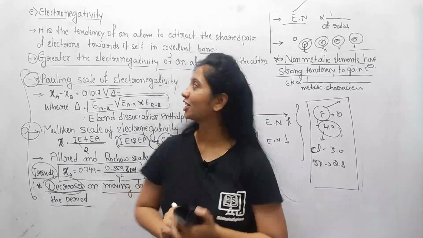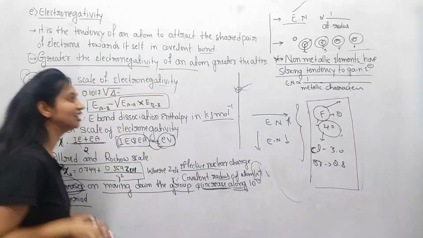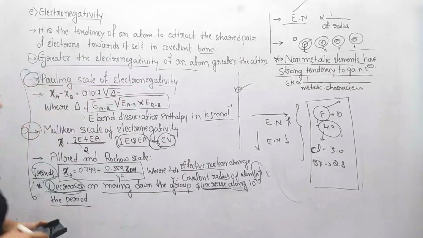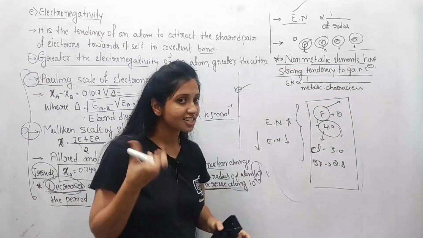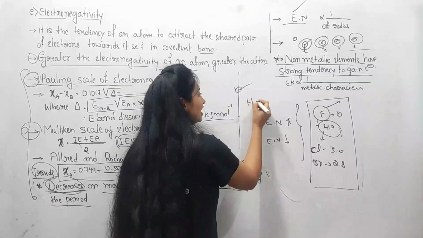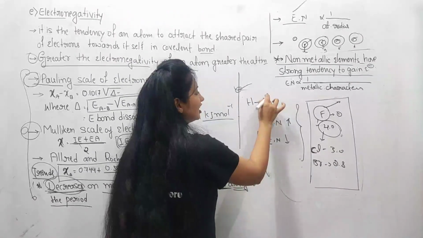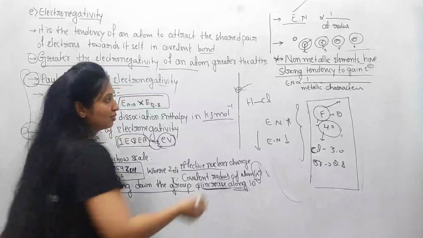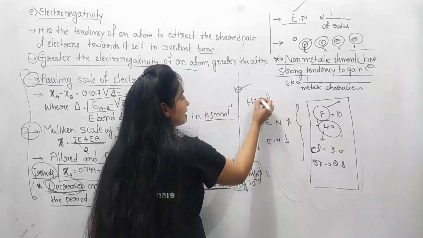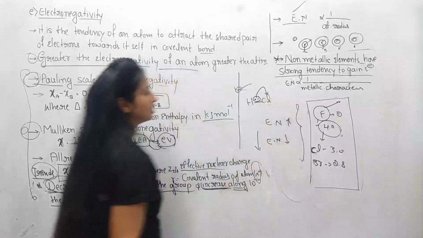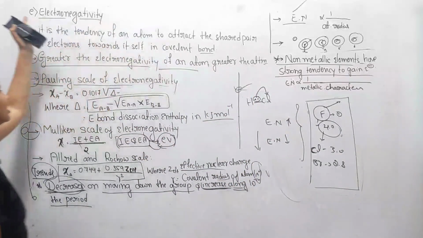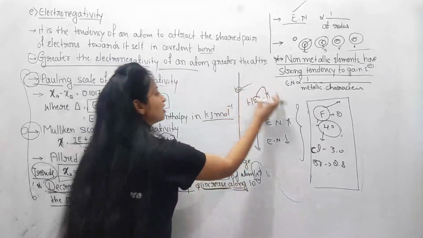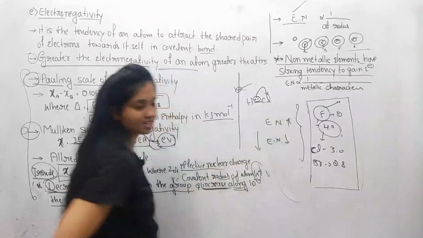So this is all about electronegativity, guys. I hope you are all clear about the points of electronegativity. Once more I wish to repeat here. It is the property that you can measure only when one element is bonding with another element. So what is the meaning of electronegativity? The tendency to attract the shared pair of electrons towards itself. This is called electronegativity. So greater the electronegativity means greater the tendency to attract or pull the electrons towards itself.